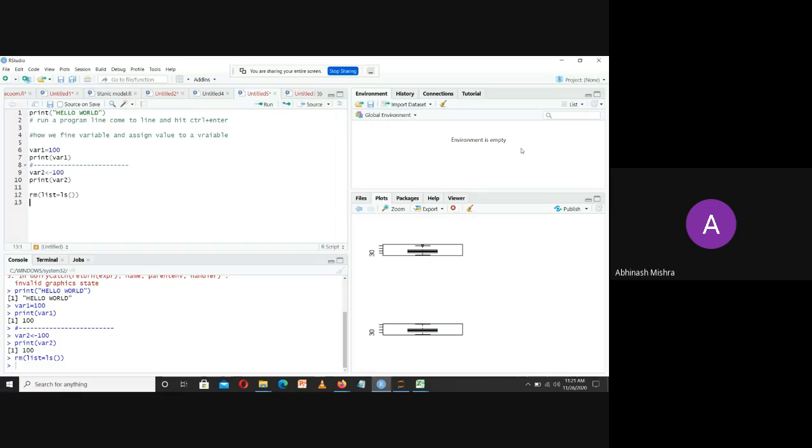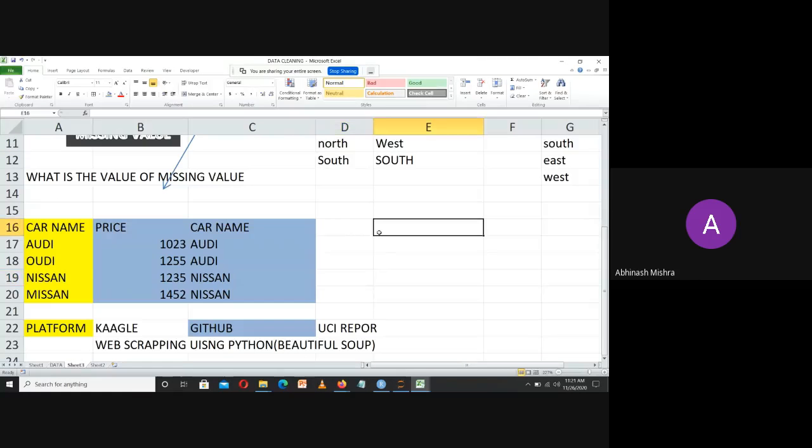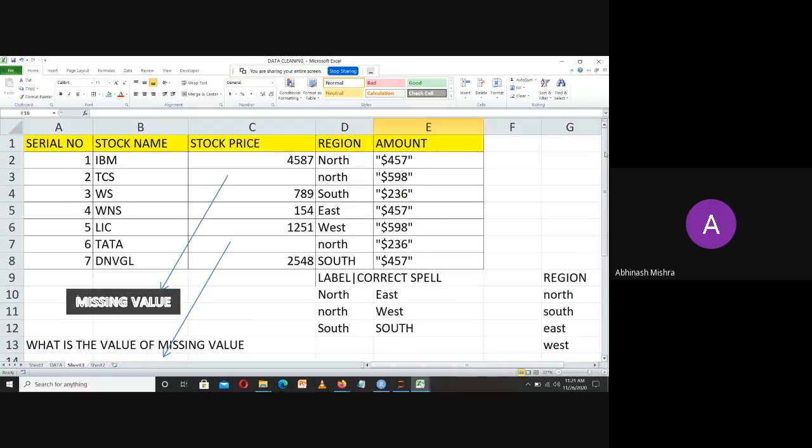And when I run this, you will find that the global environment becomes clear. Now, if I want to do some sort of analysis, like what I was talking about in this particular Excel file, what will be the major step? My major step will be first of all to clean the data. So cleaning the data directly means first of all I have to import my data into my system or my R program.